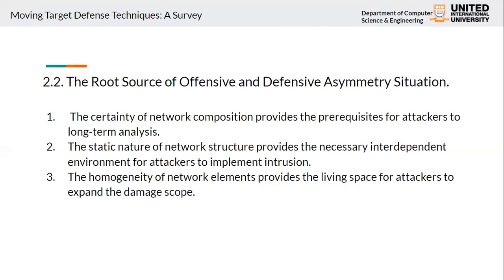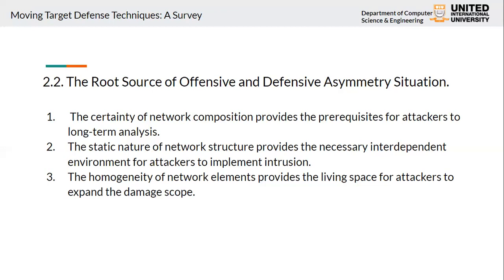Attackers can implement control through installing backdoor plugins. The longer the network systems are used, the more time attackers will have to exploit vulnerabilities. On the other hand, it will be very difficult for defenders to detect new types of security threats in real time, because we all know real-time analysis can be very difficult. And if we add more, the lag of patch issues provides sufficient time for attackers to implement such intrusions.